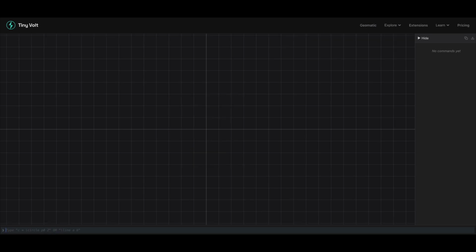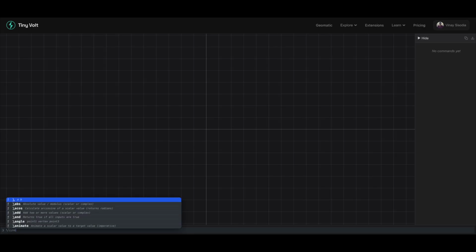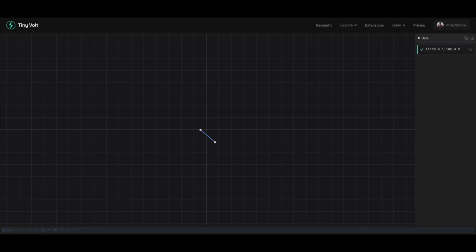Let me refresh this page and I'll start out with a very simple command, line AB, and it creates this line between A and B. This command line takes as input points A and B, and the whole idea of broadcasting is it allows you to call the same function on an array of input X if the function was defined for input X. What it means is that